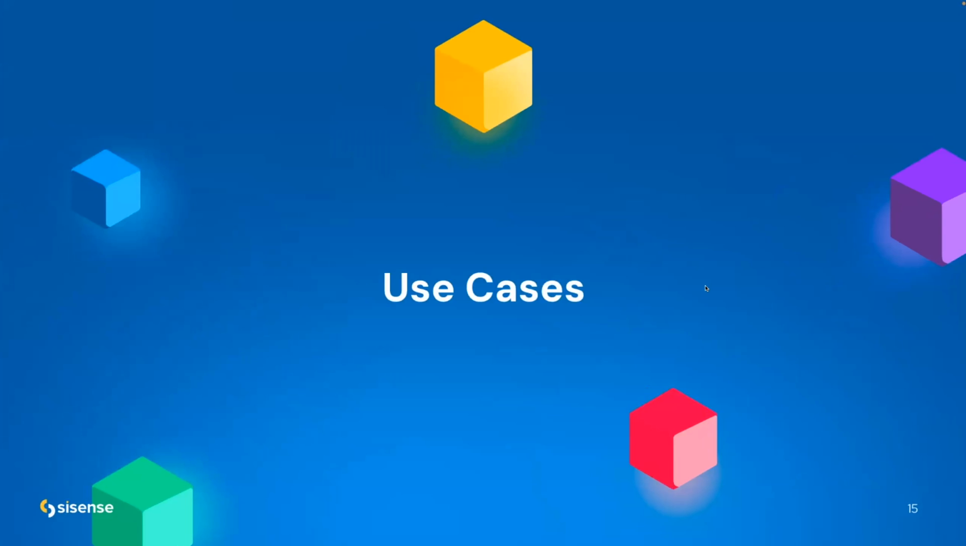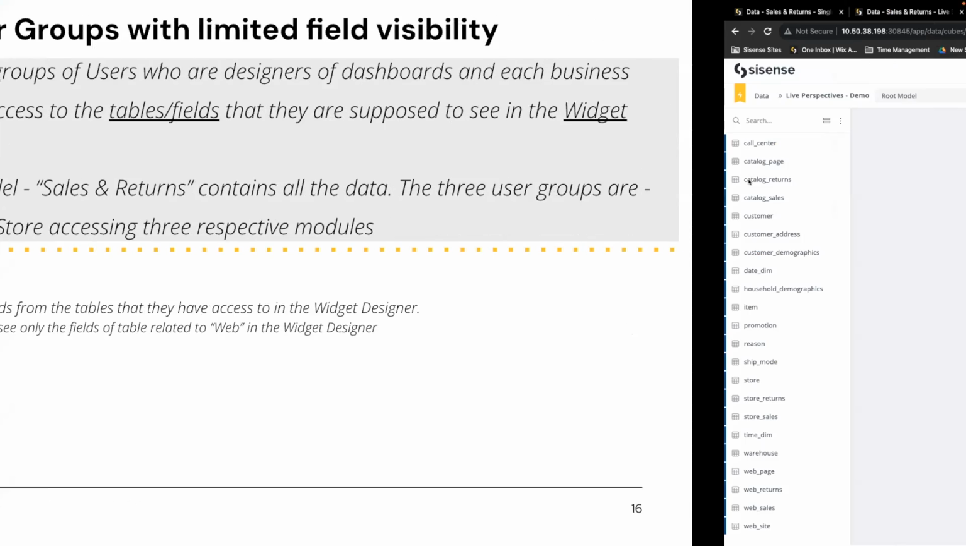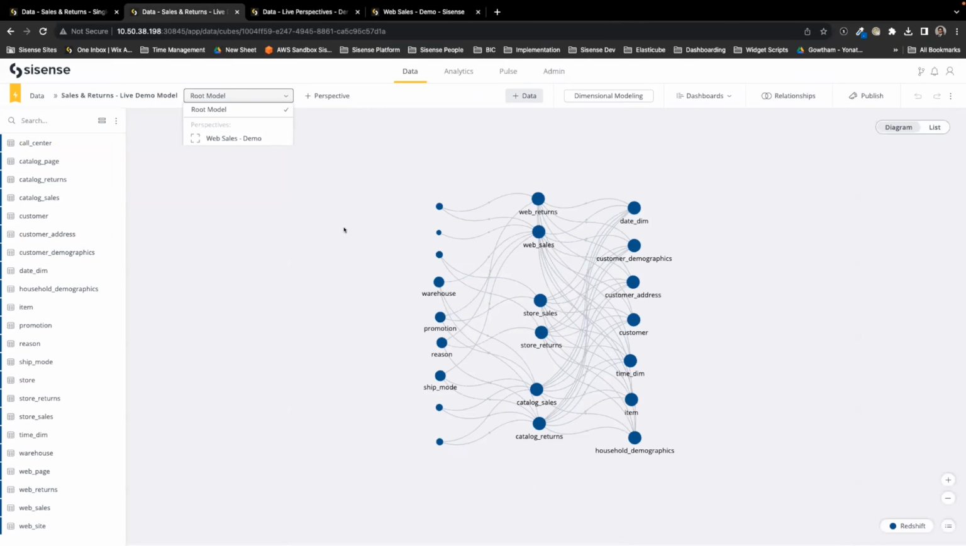These use cases are not just created by me. These were use cases that we had our customers do or ask about, and then we made sure we added it to this, right? The first use case is a very simple use case: end designer groups with limited field visibility. We are going to use the same exact data model for our perspective use cases. You have web, you have store, you have catalog, and then remember we have global DIMs, and then we have